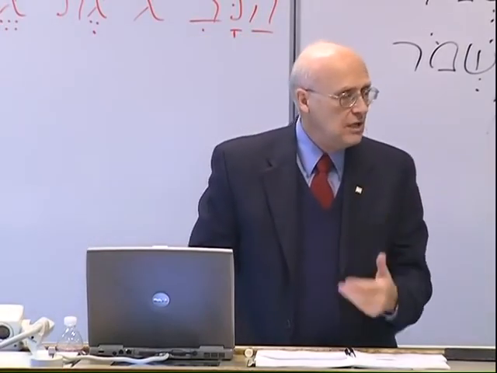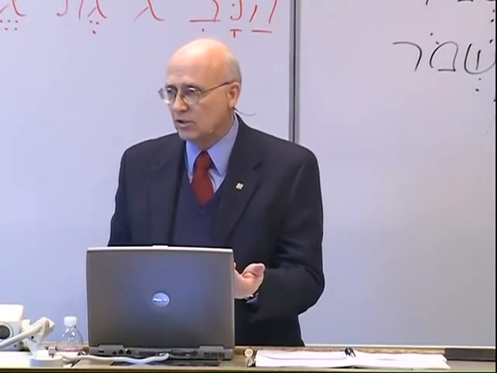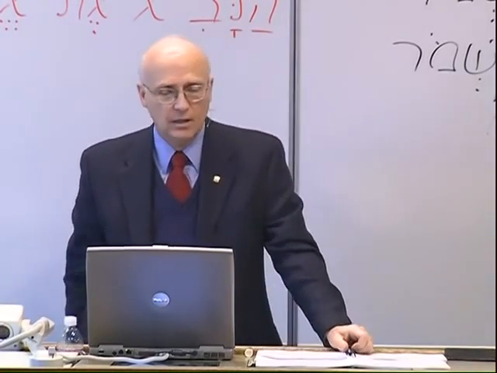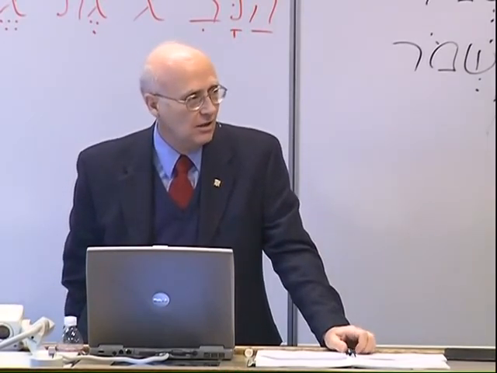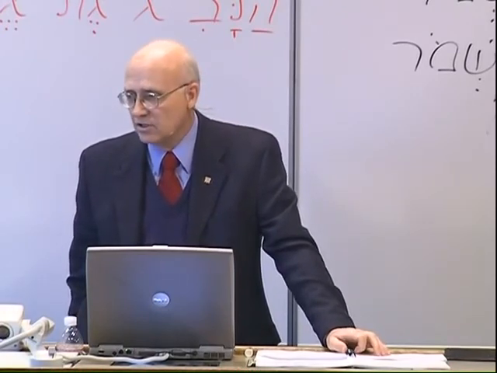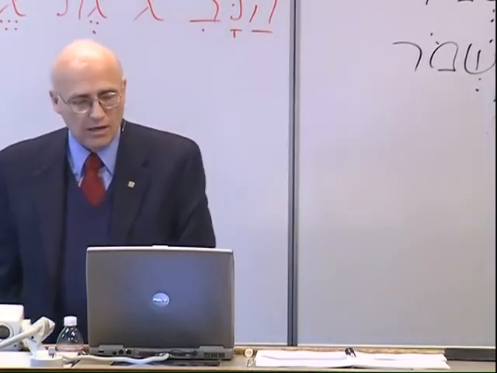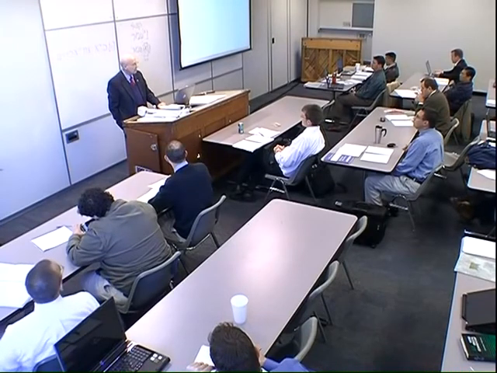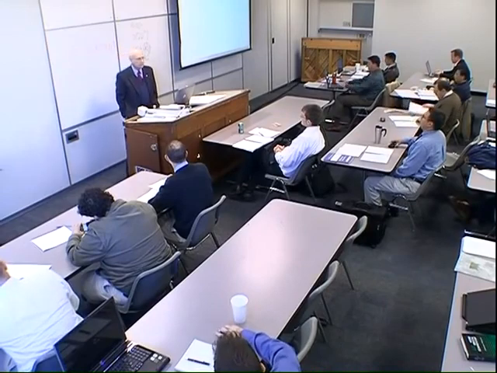So whenever you see this form, and it occurs very often in Scripture, it's the idea of a sequence of actions. And this is a special form that it takes to show that. And the context makes this past tense, because the context is talking about things that have already occurred. It's narrative history. And that form is called wayiktol. That's the one we haven't covered in any great detail. But you'll notice that we have now covered a large part of these things, and there's only that one that we haven't covered in any detail yet.